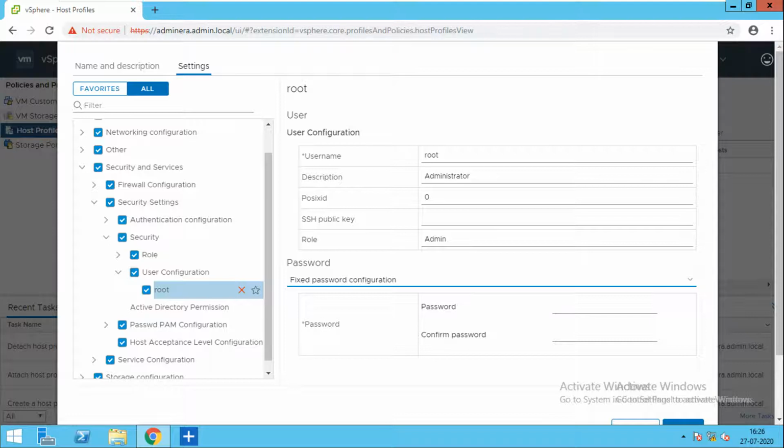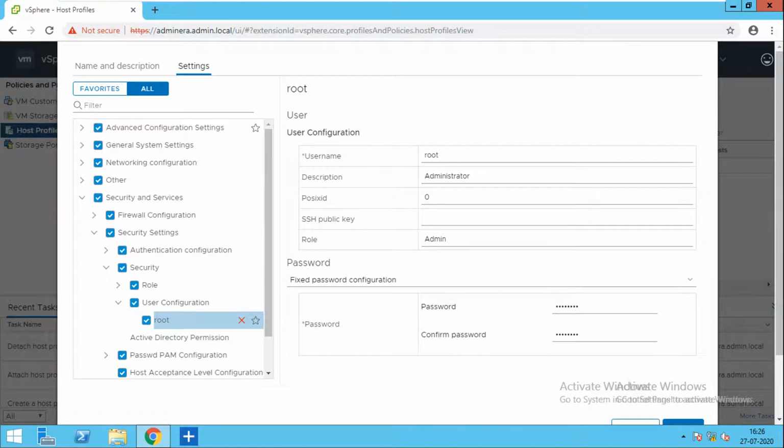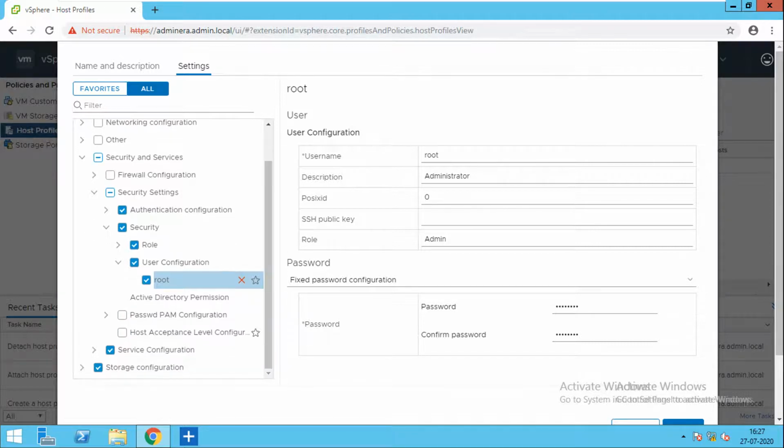You want to change the password, so I'll keep the password VMware1 with an exclamation mark. Before that, deselect everything else, and only the password part should be selected.